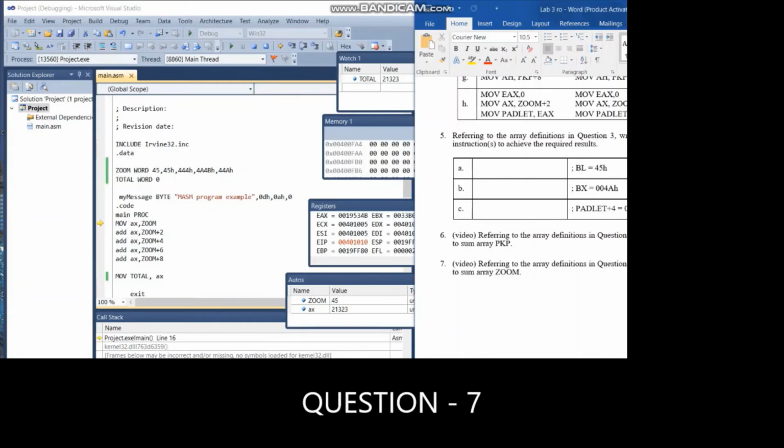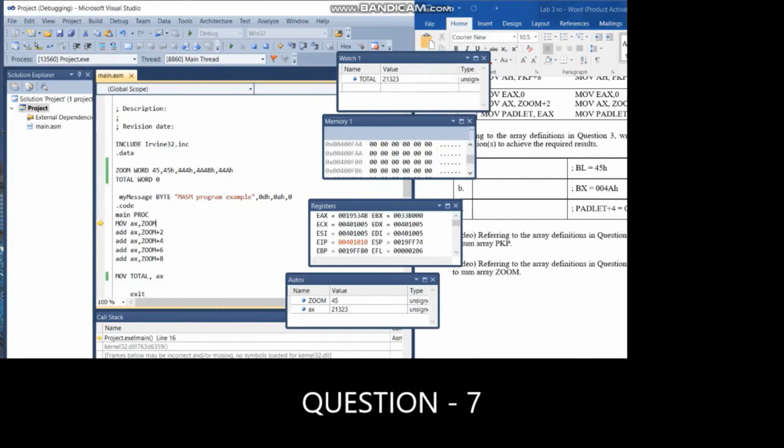This is my video for question number 7. In question number 7, the question asks for the summation of zoom. So the elements of zoom are word, 45 decimal, 45 hexa, 444 hexa, 4A4B hexa, and 44A hexa. So at first we write down the code, then we build the code, and if we compile, finally we will get the total value. So at first we move AX comma zoom, so it will